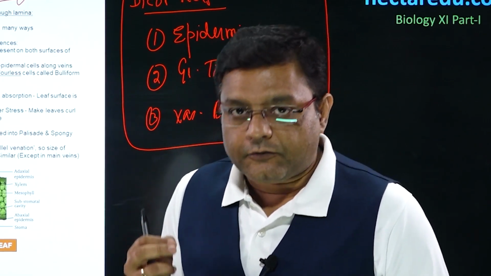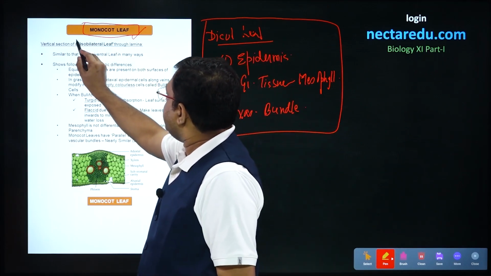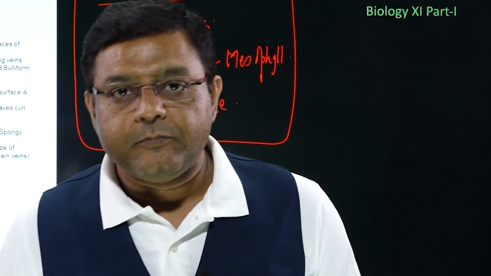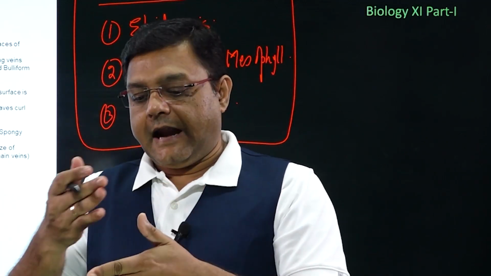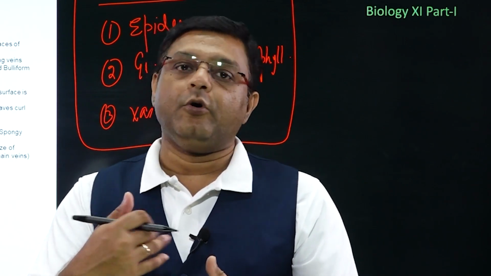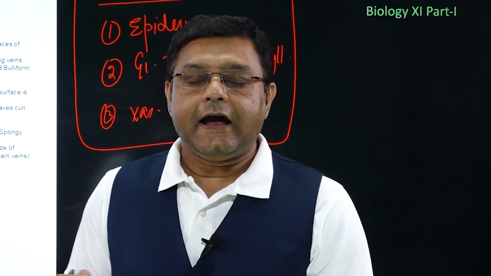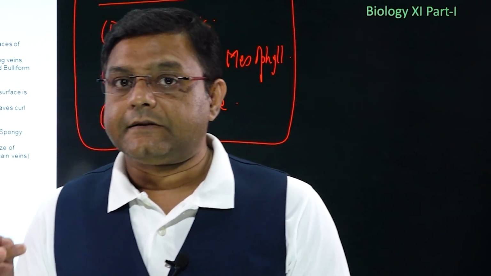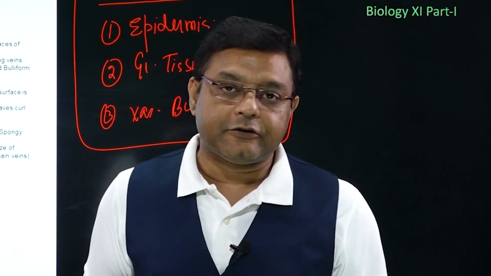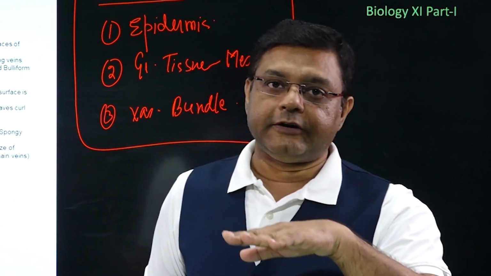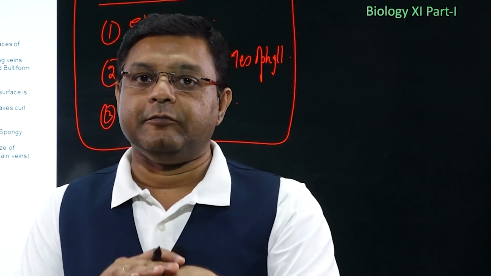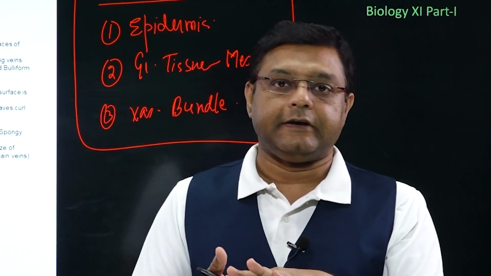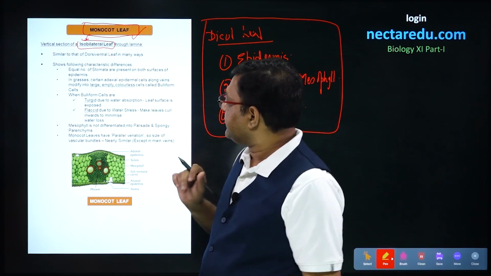highlight. Now, starting with the anatomy, the leaf in the case of monocots is called an isobilateral leaf. Isobilateral leaf remains vertical, and if it remains vertical, then both surfaces will receive equal sunlight and the leaf will be equally green on both the surfaces. If we compare this with dicot leaf, then in the case of dicot leaf, the leaf was horizontal, and that is why the upper surface received more sunlight and was more green, dark in green color, and the lower surface was less green. This is the first difference.